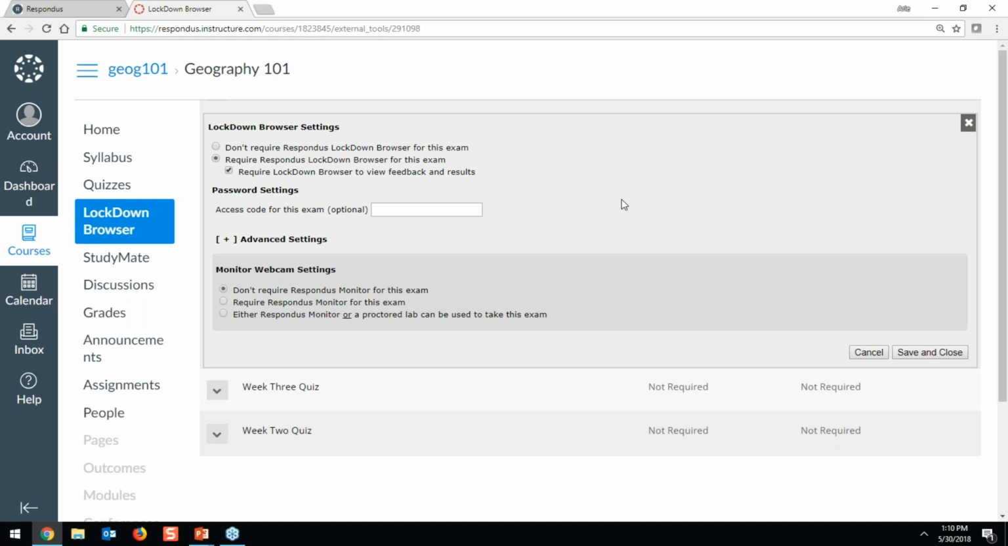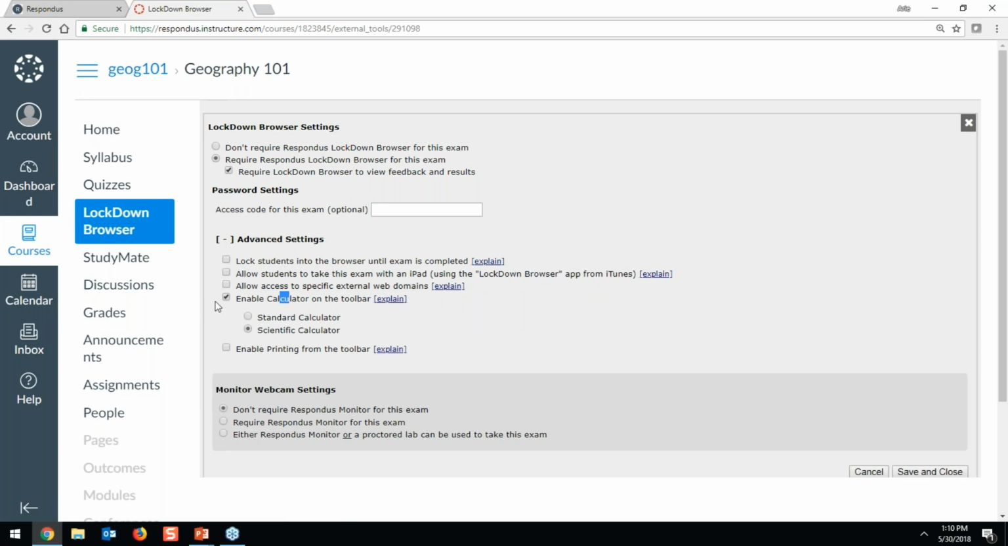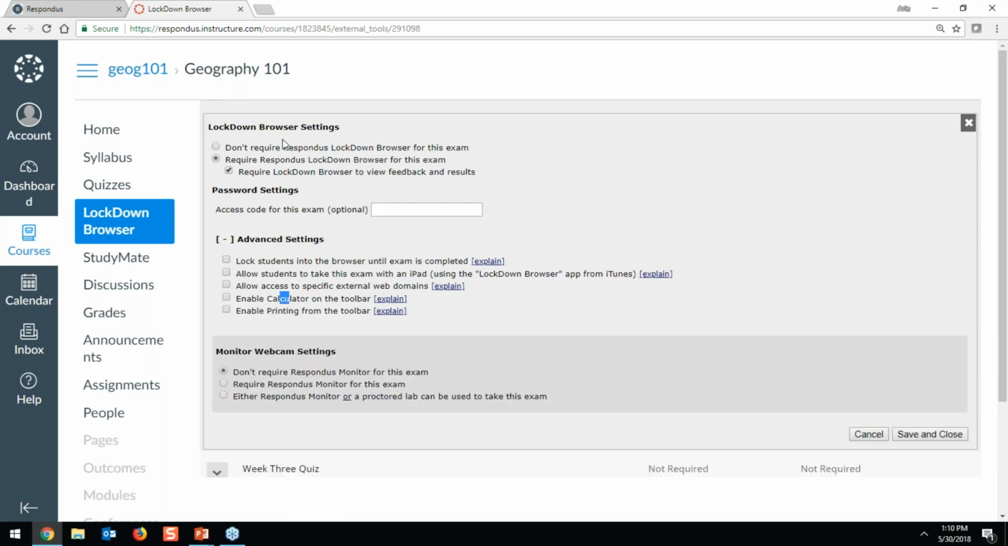And that's really all I need to do to use LockDown Browser. Now, I told you I would show you some advanced and optional settings. Let me turn some of these off, and I will. Underneath the LockDown Browser requirement, the first thing that you see, and I know this text might be small, but